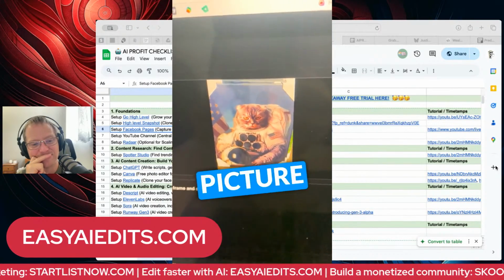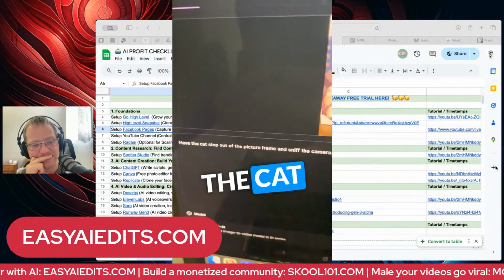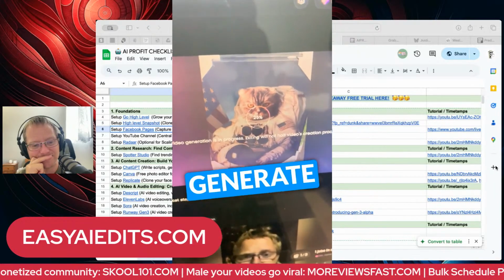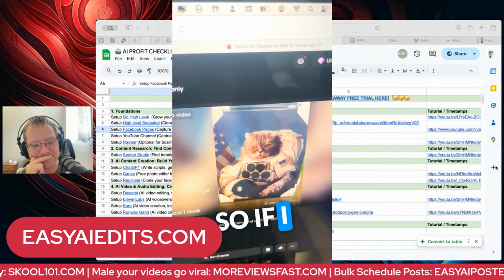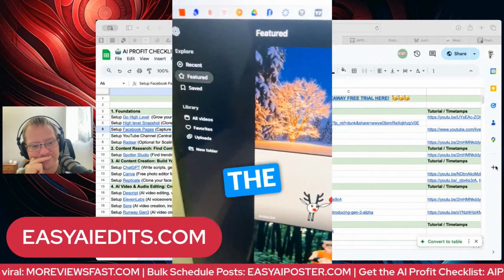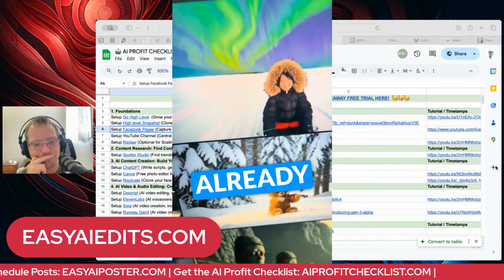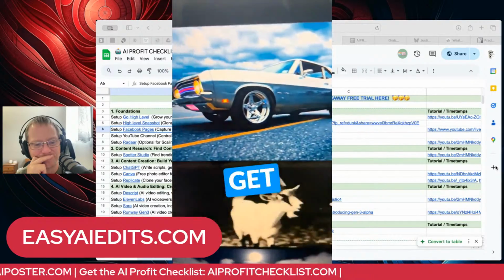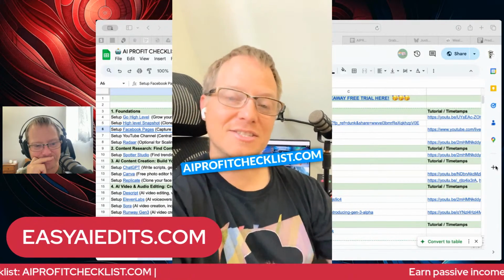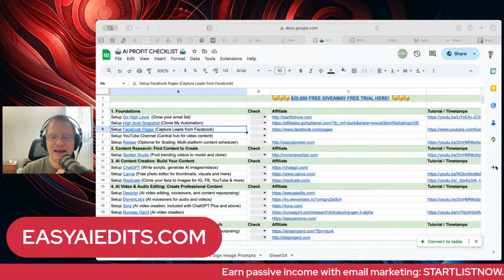I uploaded this picture of a cat as an astronaut, and I told it to have the cat jump out of the picture frame and sniff the camera. Now we just need to let it generate. And now our generation is done, so if I play it, we can see that the cat jumps out of the picture frame and comes over to the camera. The third tool is Sora by OpenAI. Did you know that if you already have a ChatGPT Plus account, you get Sora completely free? And you can learn more about tools like this at AIProfitChecklist.com. And you see it will automatically loop back to the beginning of that video.